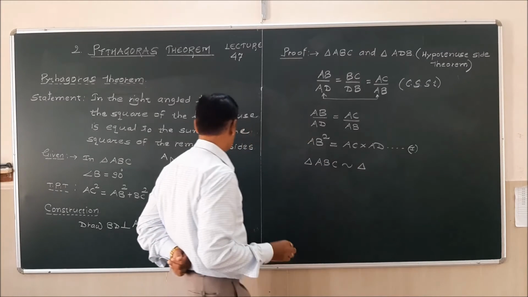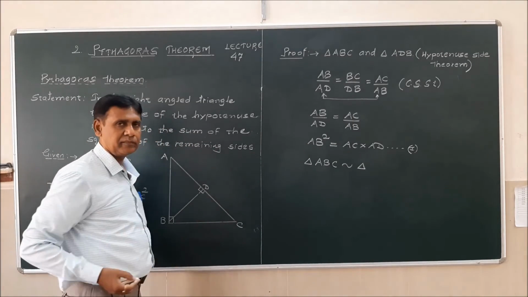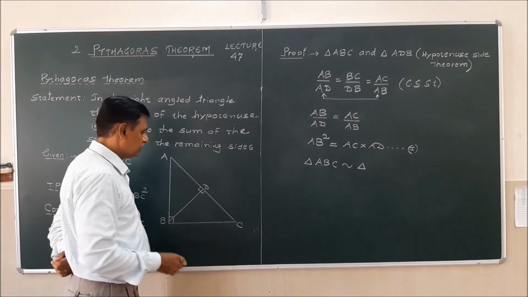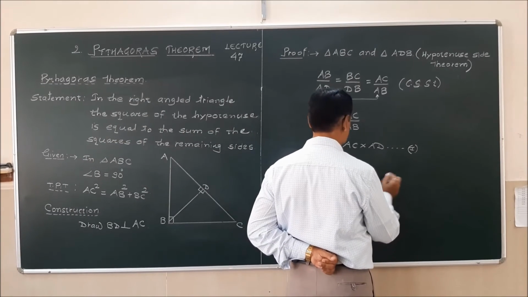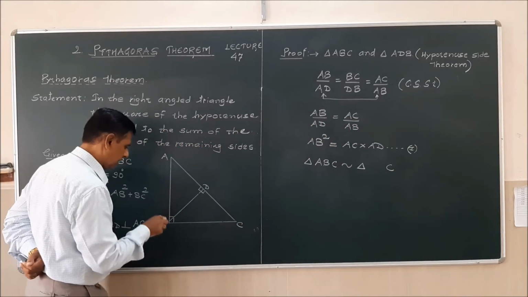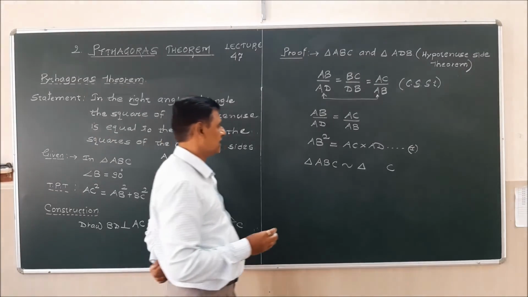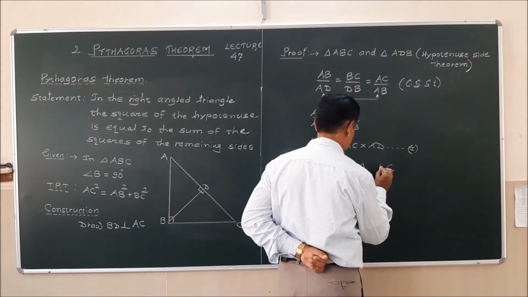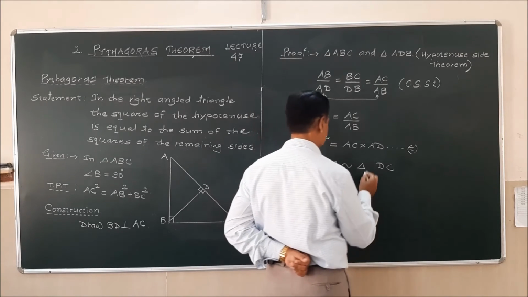similar to triangle. Now this time I am going to take triangle DBC for similarity. So angle C is common. So here also, B is 90 in ABC, so here D is 90. So I write D over here. Right? So BD is